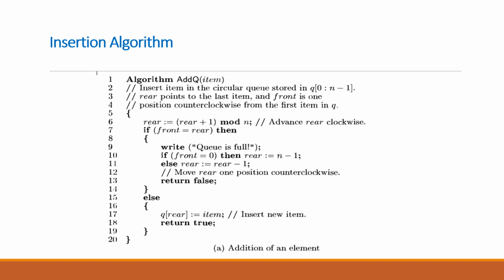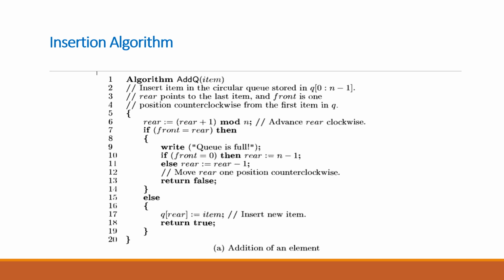The rear points to the last item, and the front is the first position in the counterclockwise direction from the first item in the queue. So first, rear is equal to (rear plus 1) mod n. This indicates advancing the rear clockwise. So first we check advancing the rear in the clockwise direction. Then we check one more condition: if front equals rear,